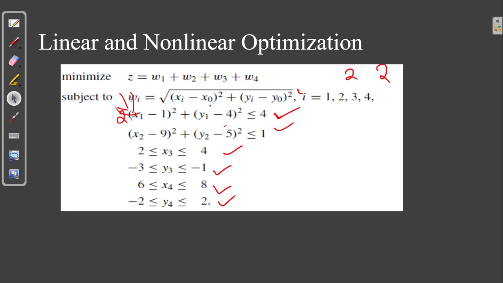length, that is wire length, wi, that means the length of the ith wire, which is equal to the square root of (xi minus x0) whole square plus (yi minus y0) whole square. That means the distance between 2 points, which you have learned in our +2 classes. So it is nothing but that. And the next constraint